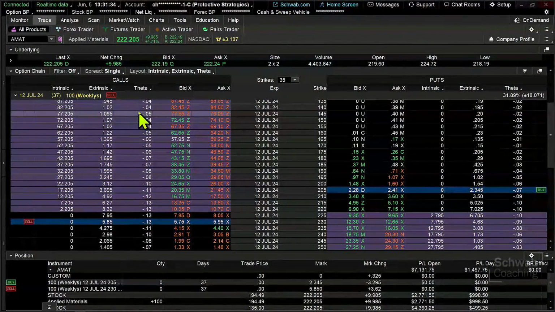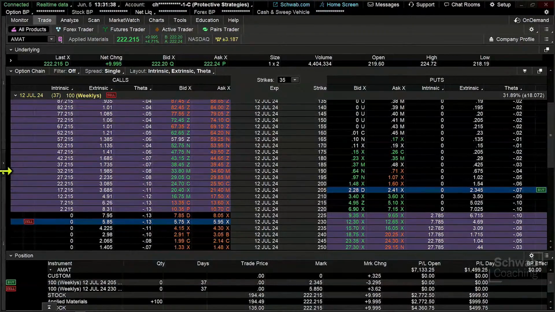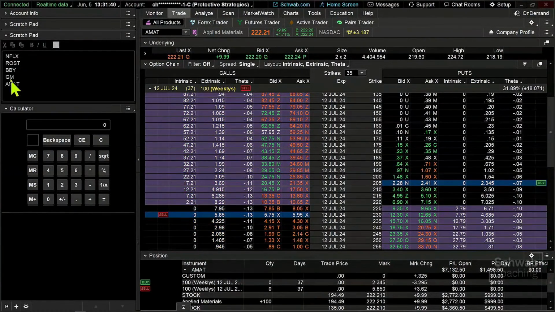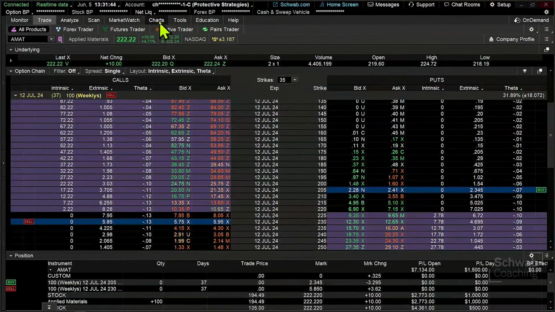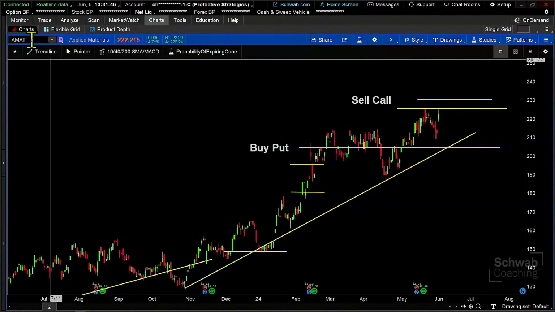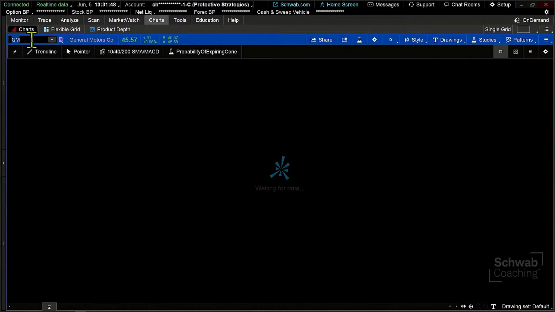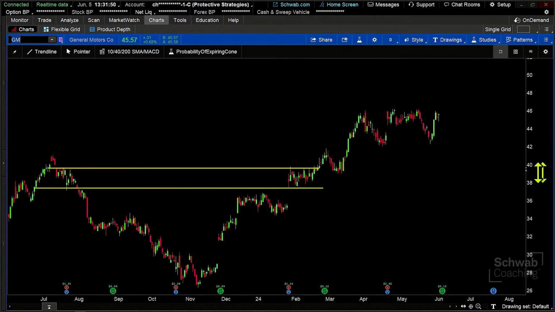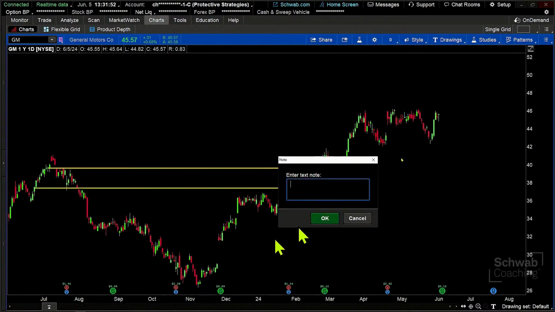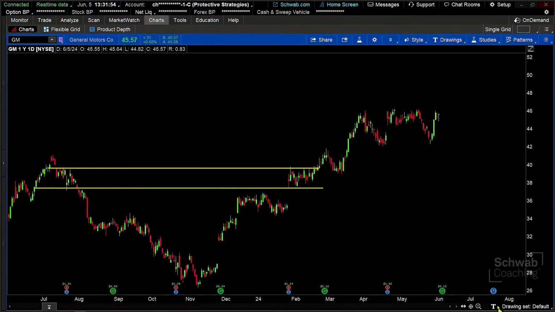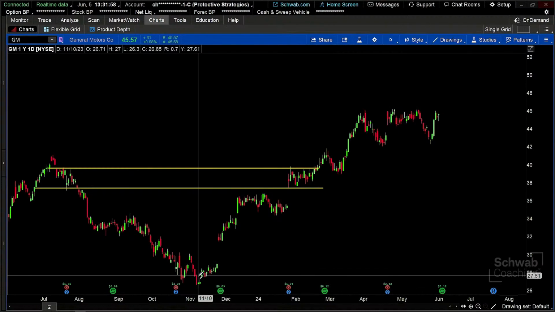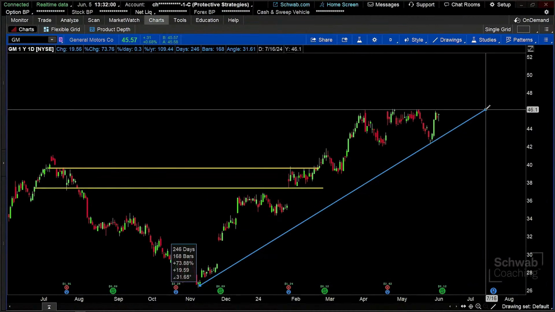Now, does it have to be on a stock that you already own? No. So I've got a couple of other examples here, and let's take a stock here in this particular example. Let's take GM as an example. So I'm going to come back over here to the chart. We're going to take a look at GM. And so here's a stock, once again, making a general, let me change this to drawing a trend line, making a general upward trend,